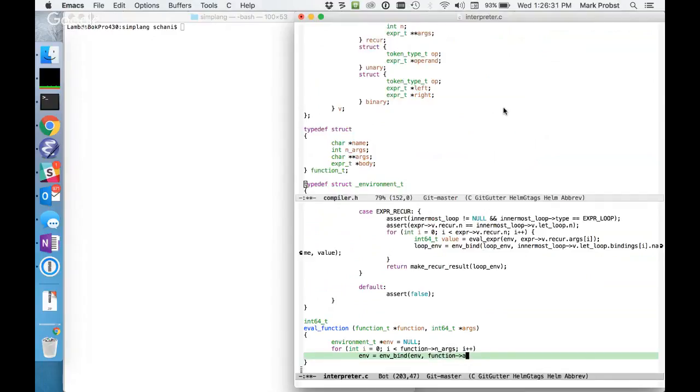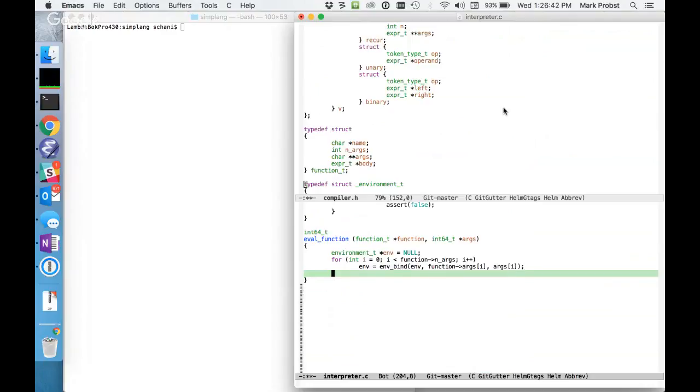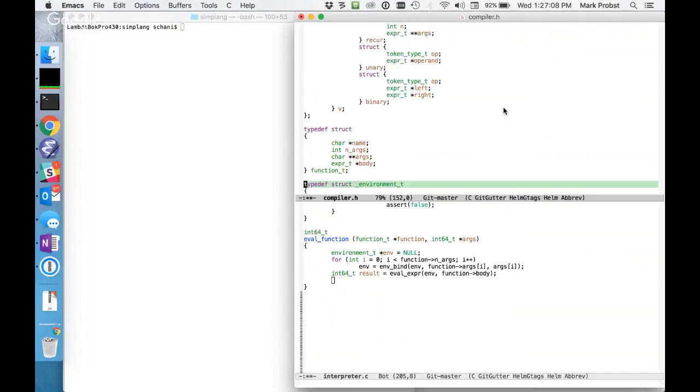Yeah, just call it args. Yeah, that's fine. Args of I to args of I. And now I have the environment. And I can call, well, eval expr with the environment and the function body. But now I also need to free, if I want to do it right, I need to free